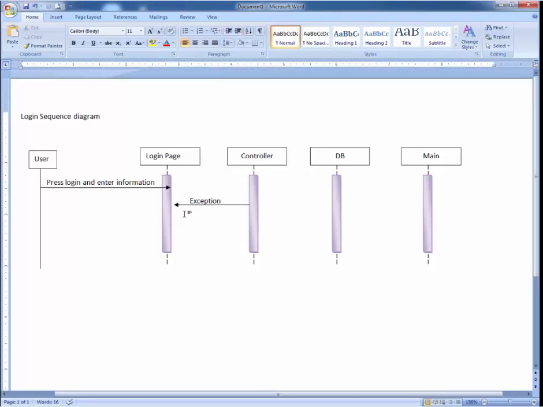Otherwise, the correct data will be sent onward. This exception will come from the DB after validation. If the data is correct, the controller will send the information to the DB.